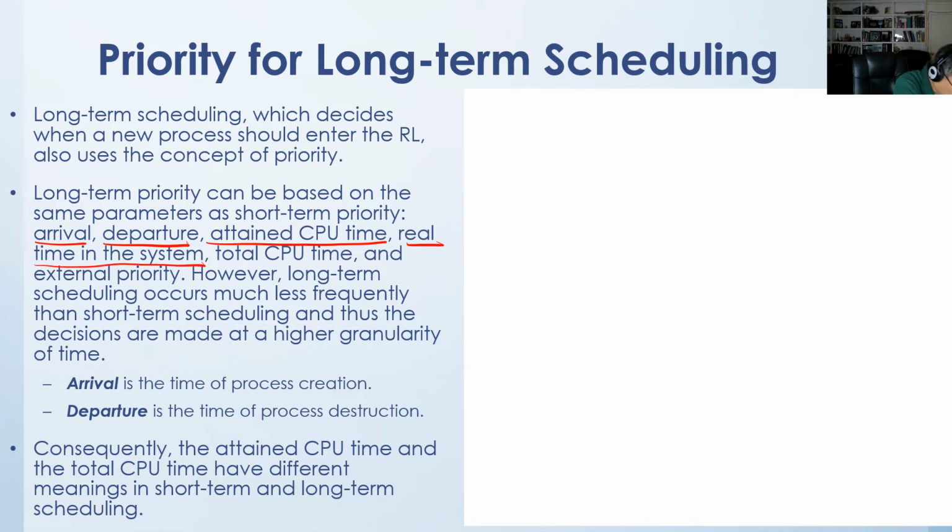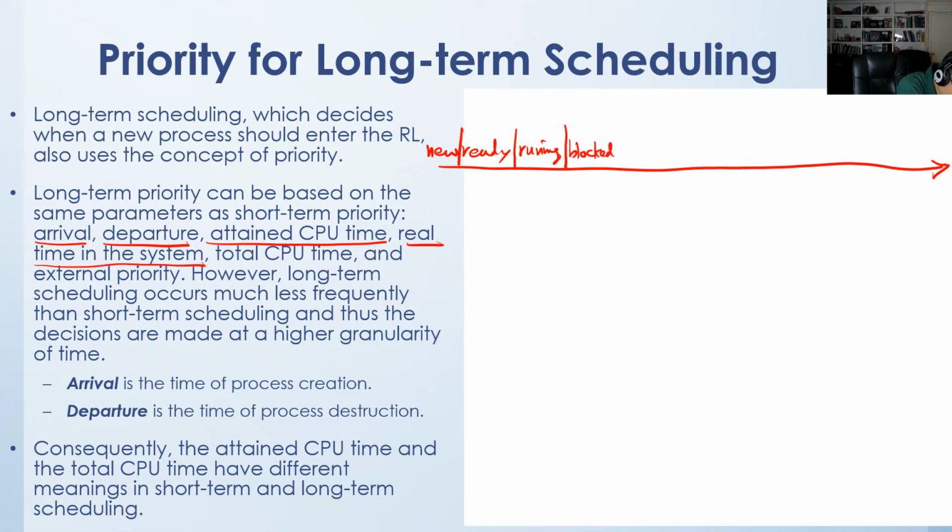Now remember, in the previous slide, we just talked about this for the short-term scheduling, right? Let's say here's a timeline. So now when a process is created, it's in a new state, and then it will be put in the ready state by long-term scheduling, and the running state if the process gets the CPU, and then the process may block itself because it's waiting for a resource, and the resource is not available. And then it will be back to the ready state, and then it's in the running state, and back to ready state, running state, and block it again, and ready,